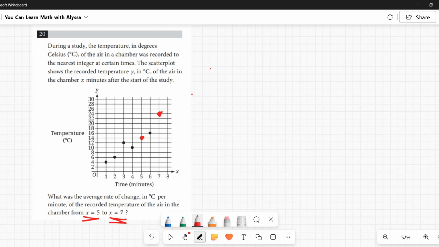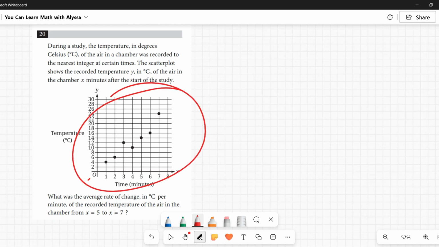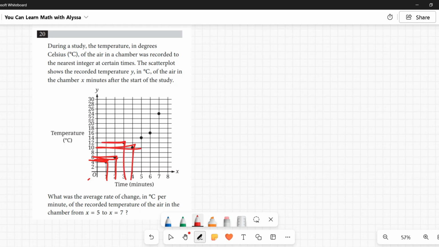That's it. So all the other information that's here, it's good to know what a scatter plot is. A scatter plot is a way to present data that was recorded. Here they are saying after 1 minute in the chamber, it was 4 degrees. After 2 minutes, it was 6 degrees. After 3 minutes, it was 12. After 4 minutes, it was 10. That's all it's showing. It's after the time in minutes and the temperature in degrees, so that we can see